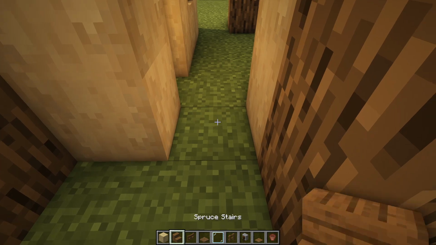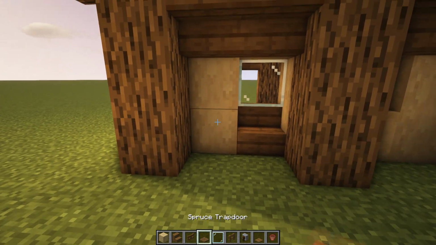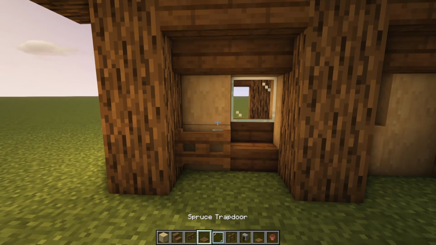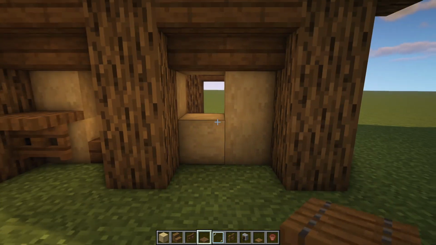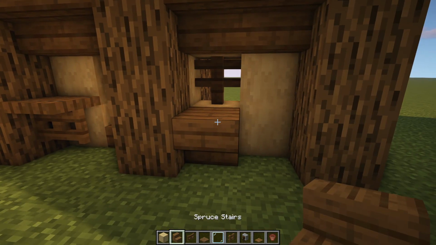So then in this gap we can add in a spruce stair with a window on top, and then we're going to have a fence gate with a trap door. And then going over to this side we can have a fence here with an upside down stair out the front,